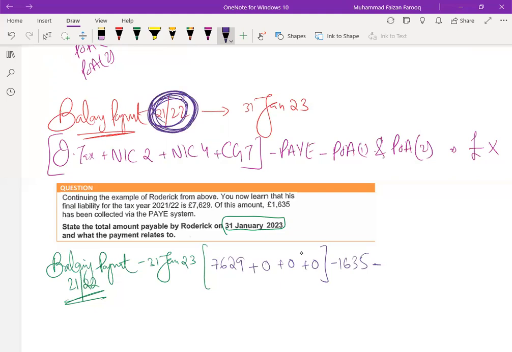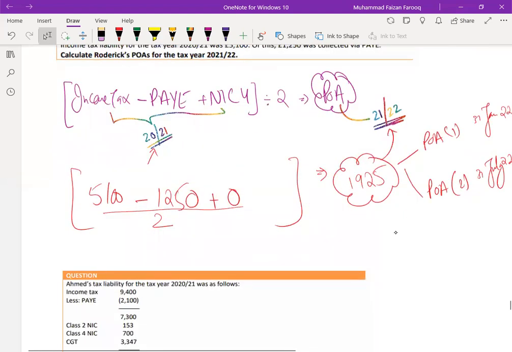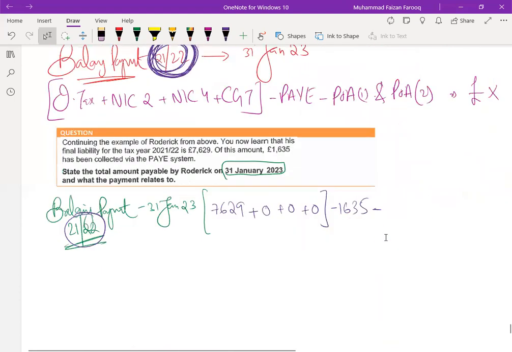If it is 21-22, the whole data is 21-22. We are not taking previous data because it's an adjustment. For POAs, we are using previous year data. You have the POA's answer, right? You can see the POA amount was how much? One POA is 1925. So two POAs means 1925 and 1925, or you can add them together and deduct one time as well. This choice is yours. As per the formula, you will know the balancing payment amount, which is